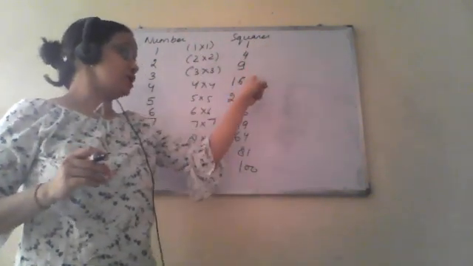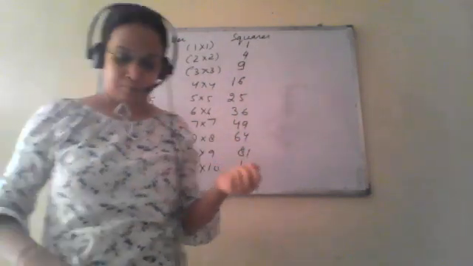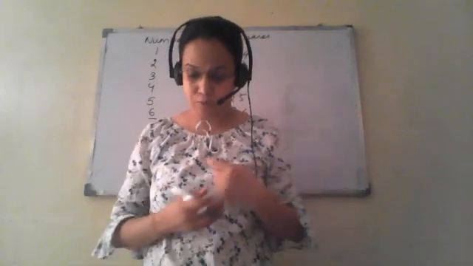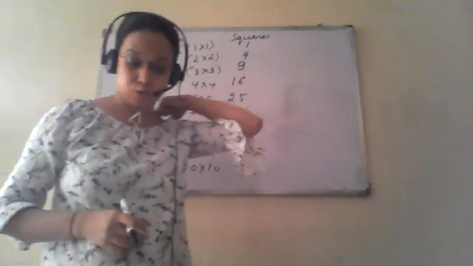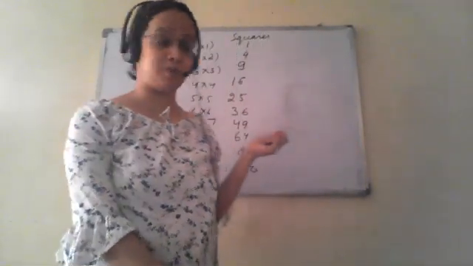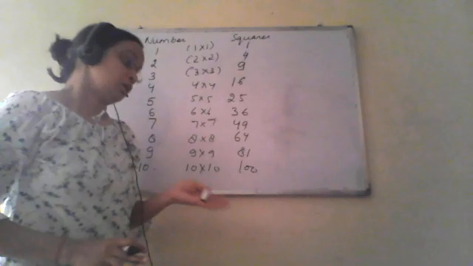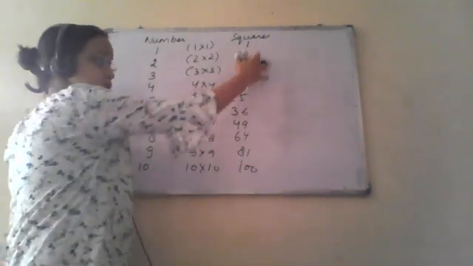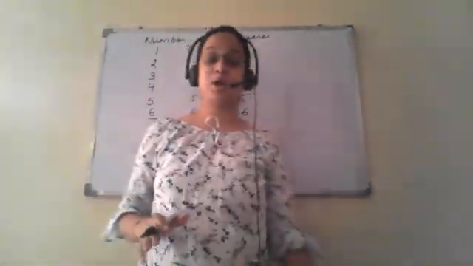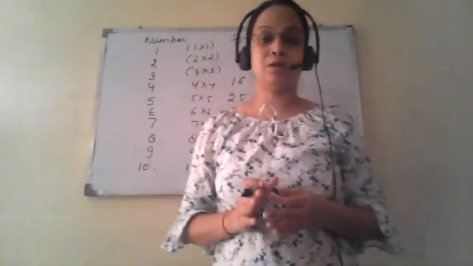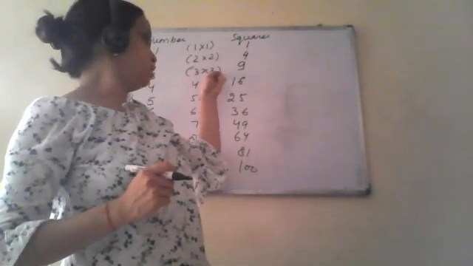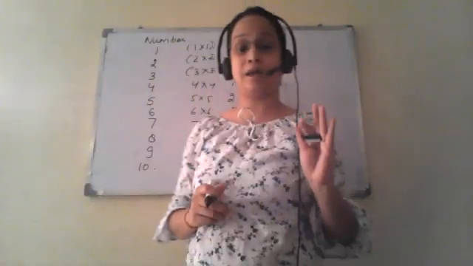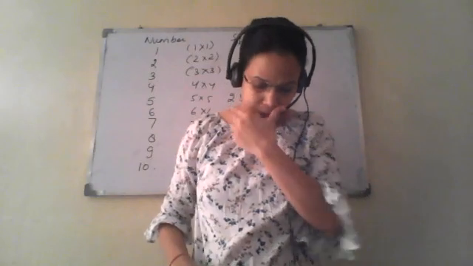These are 1, 4, 9, 16, 25, 36. On page number 91, a complete table is given from number 1 to 50, with the perfect squares of those numbers, so you can check it from there. These are perfect square numbers. Perfect square numbers are those numbers which can be expressed as the product of the same number, like 3 into 3 or 4 into 4. Any number, but it has to be the same.